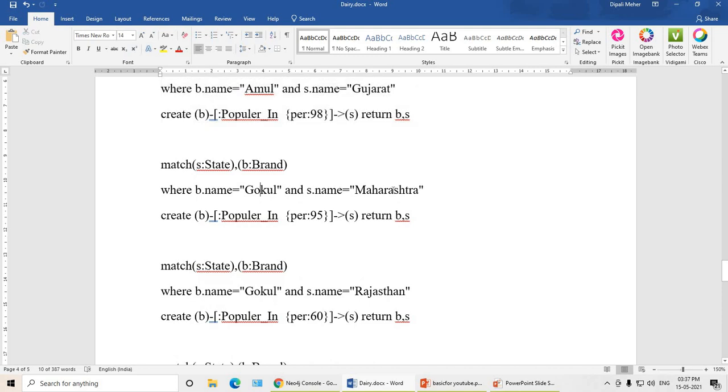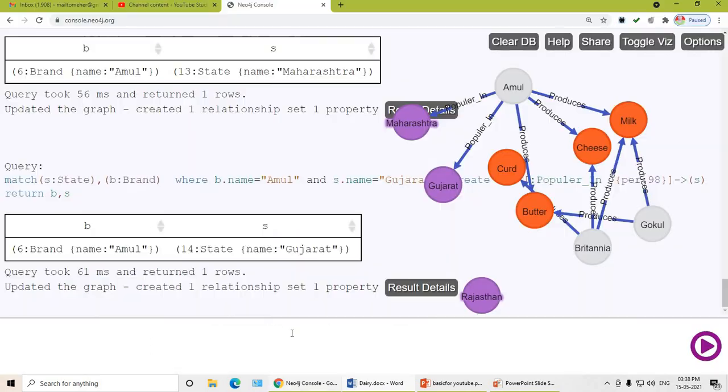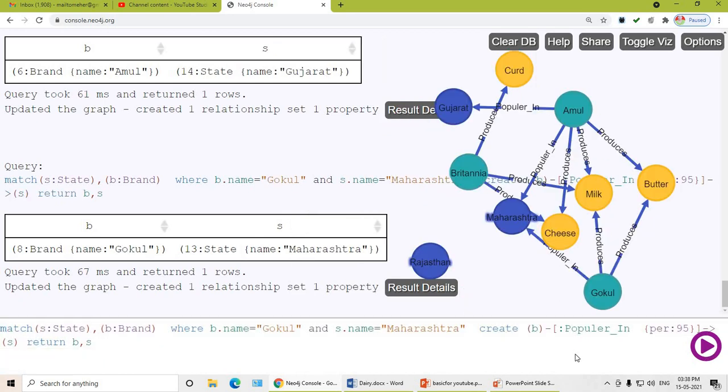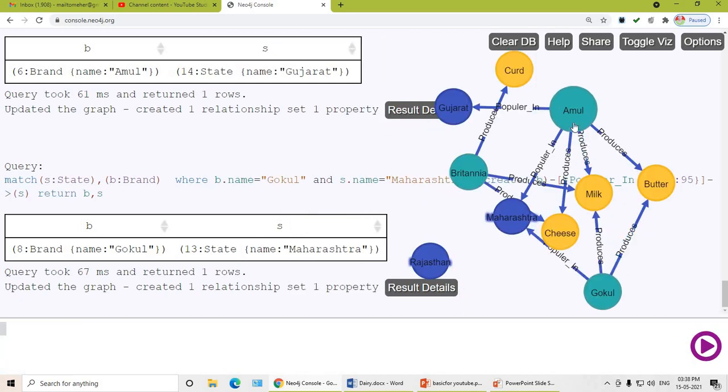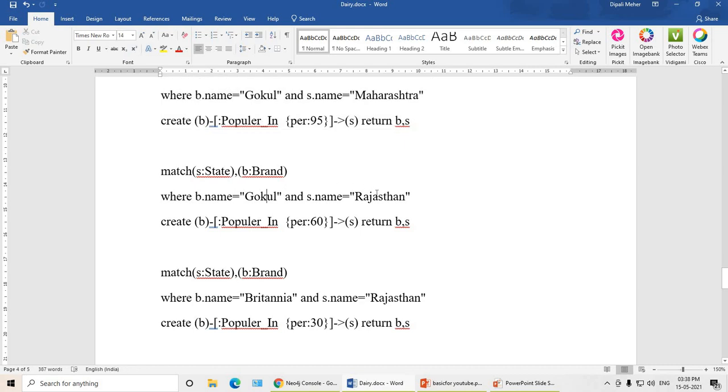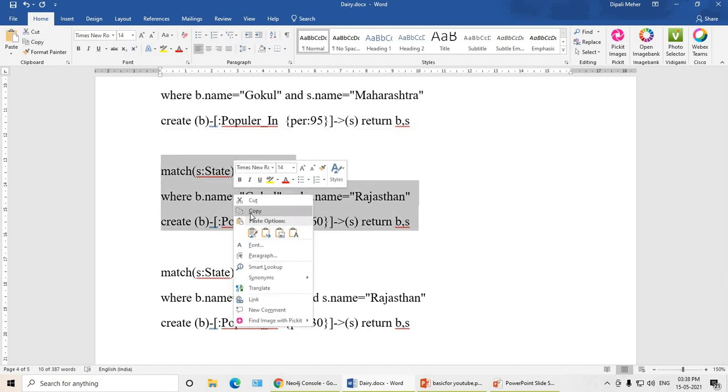Next, let us go ahead. Gokul and Maharashtra. Gokul is popular in Maharashtra and the popularity percentage is 95. So you can see here Gokul is popular in Maharashtra also by 95%. Then Gokul is popular in Rajasthan by how much percentage? 60%.